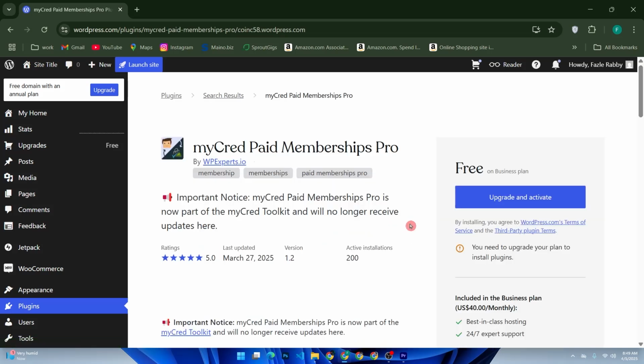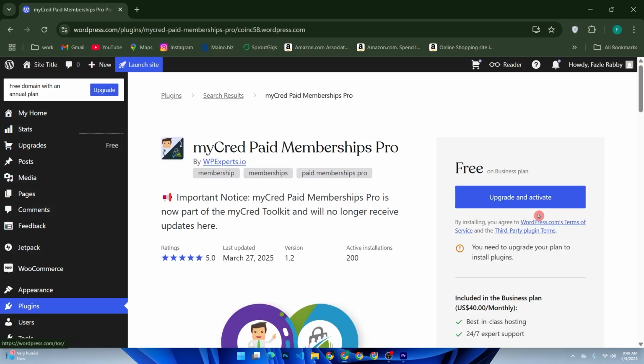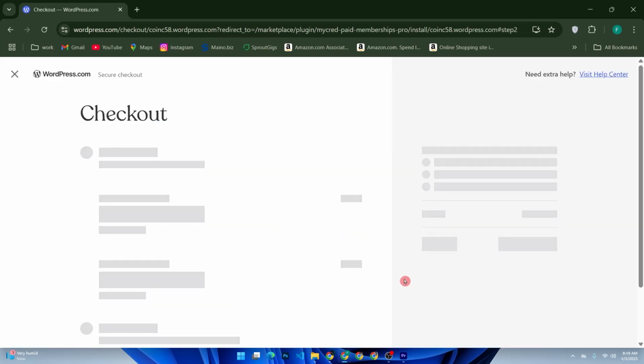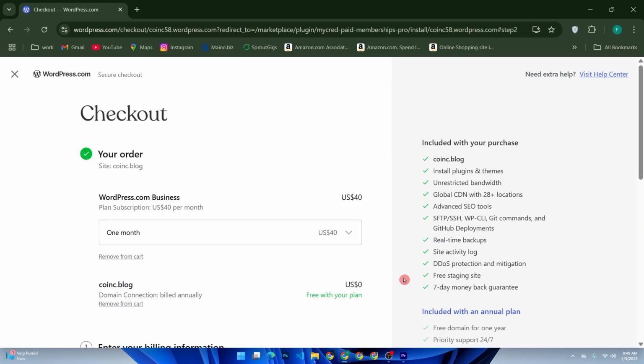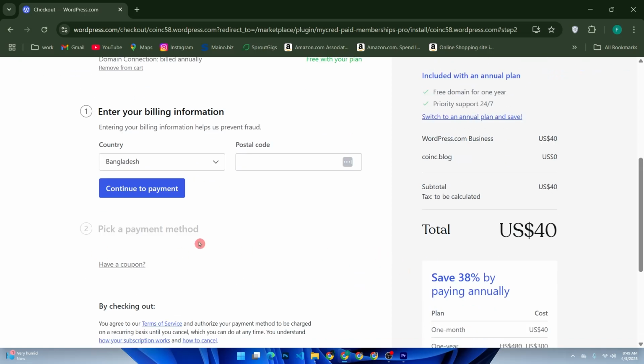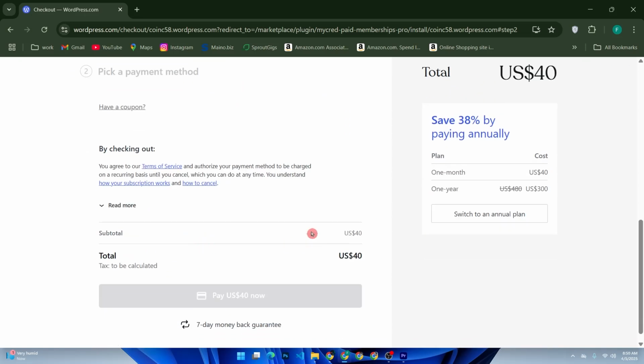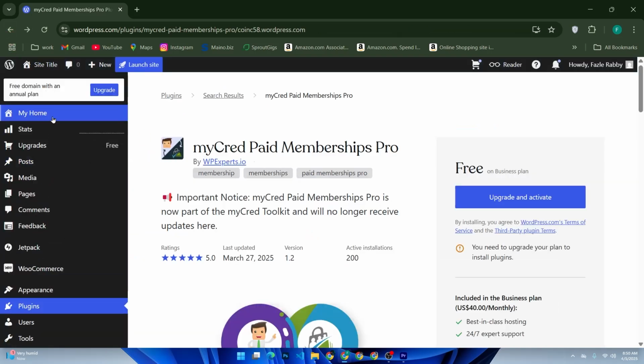Choose that. Then install and activate it. Now go back to the dashboard,